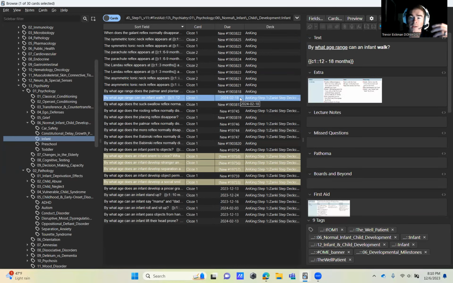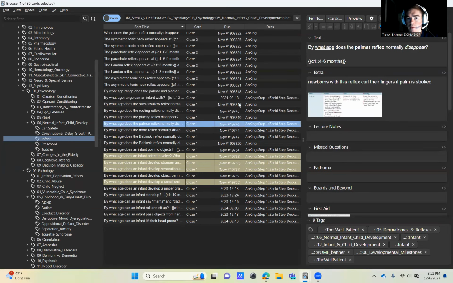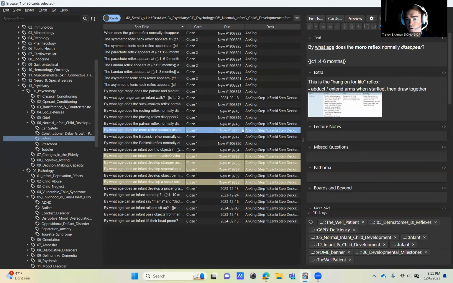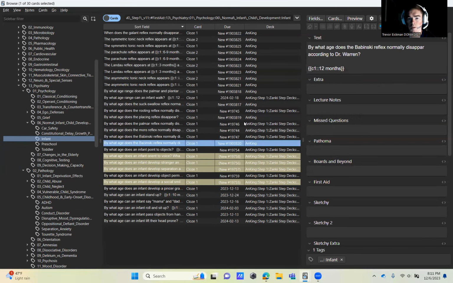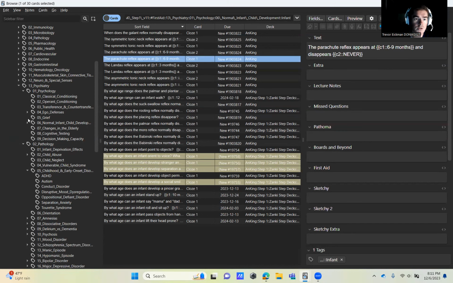is there relating to a primitive reflex, go through, just double check the dates, just so you learn the correct dates. But generally, there's just changing a lot of them from like 4 months or 6 months to 4 to 6 months. And there's just a couple other things, but yeah, go through, follow that table on slide 19 in the pediatric neurodevelopment, and then I'll show you how to make cards, and you can make new cards for the rest of the information from that pediatric lecture, and I'll make 2 new cards for a couple of the psych lectures we had today. So that is it in 6, and then we're going to jump out of that, and